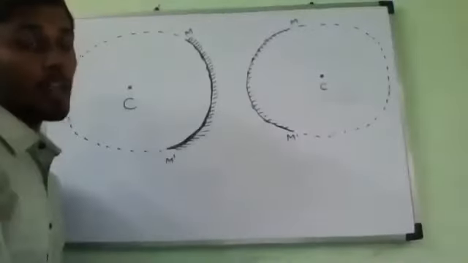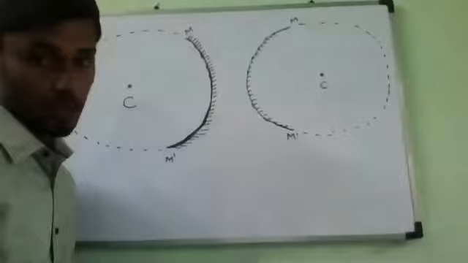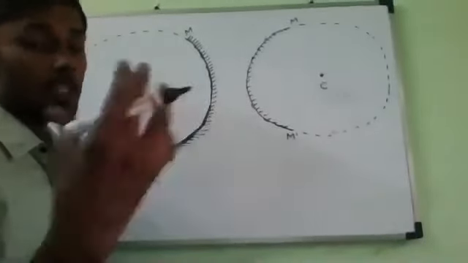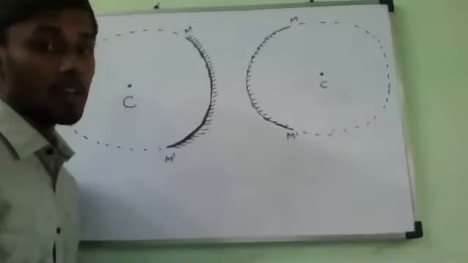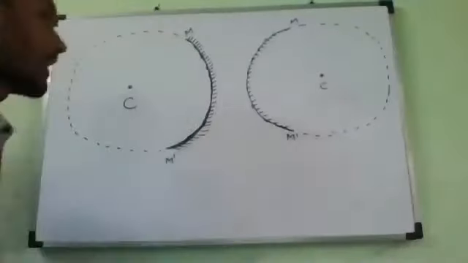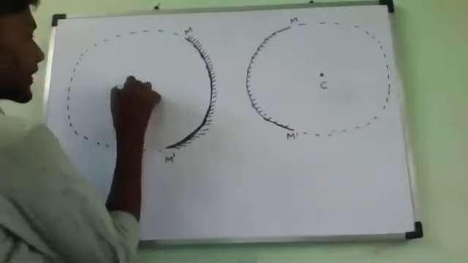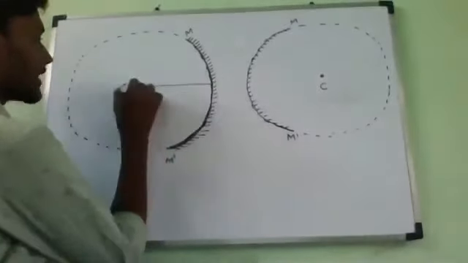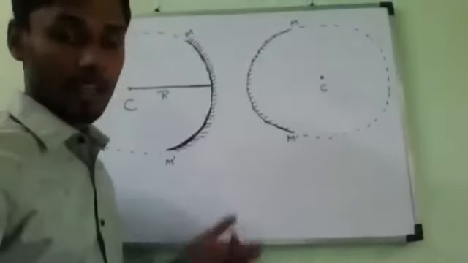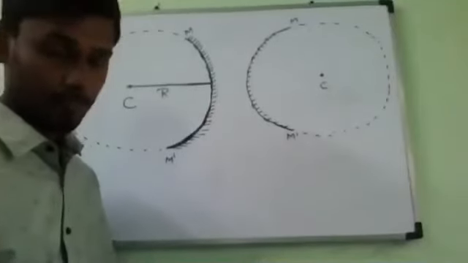Now, next terminology: radius of curvature we should study. What is the meaning of radius of curvature? Listen, the radius of curvature of a spherical mirror is the radius of the hollow sphere. Nothing else. If you take the radius of the hollow sphere, half of the diameter, that radius of the hollow sphere is only called the radius of curvature of the spherical mirror.